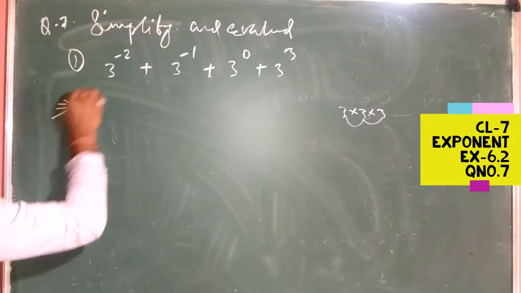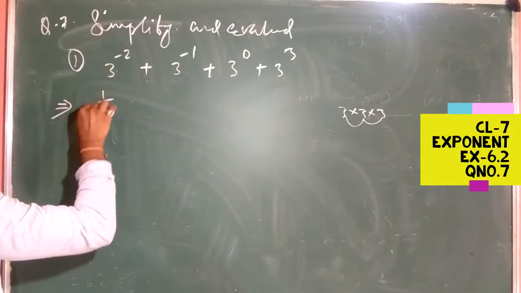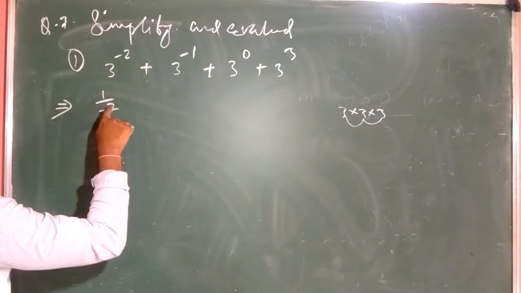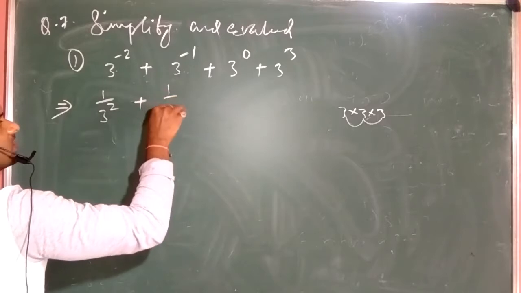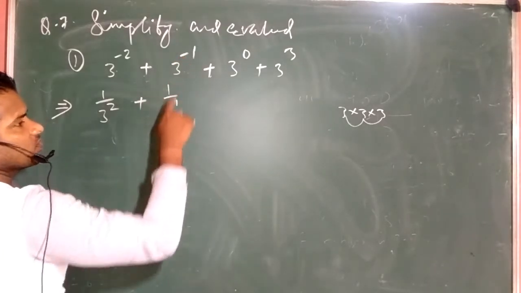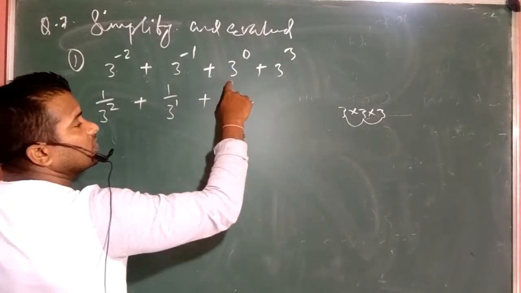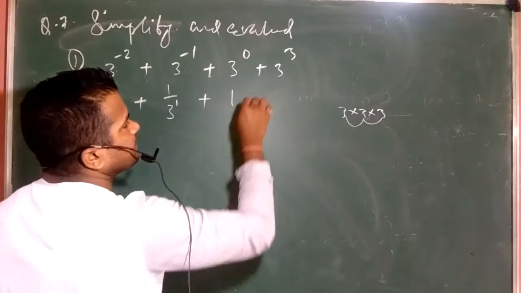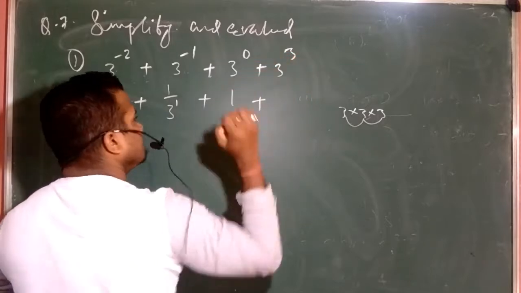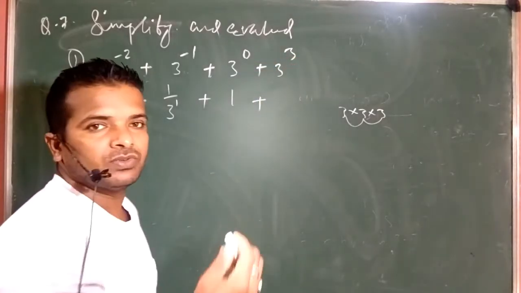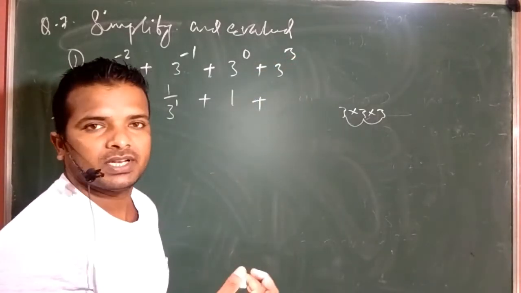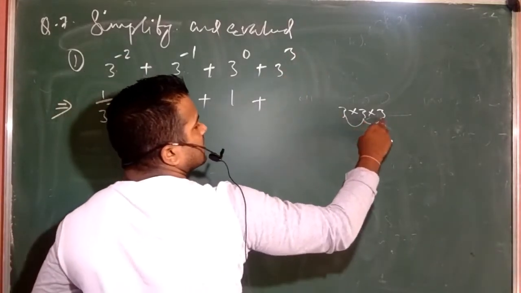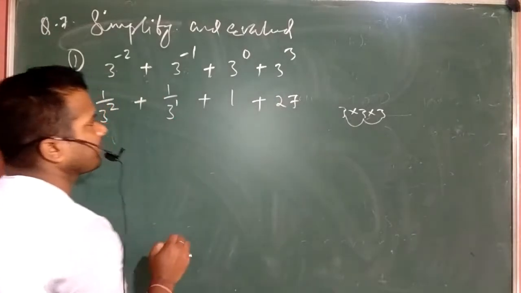So, this 3 we can write as 1 by 3 to the power 2. Minus, this way plus now. Again 1 by 3 to the power 1, minus so plus. Plus, as I told you, any number whose power is 0, consider it 1. Here 3 to the power 3, positive. Positive means we don't need to convert it. So 3 3s are 9, 9 3s are 27.